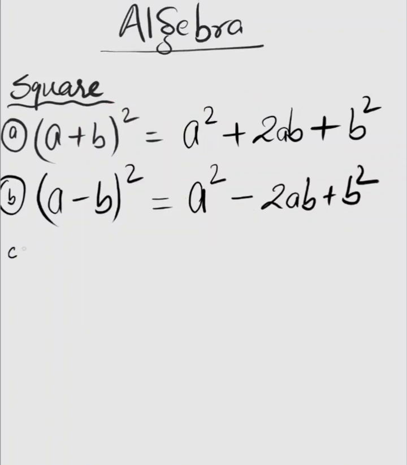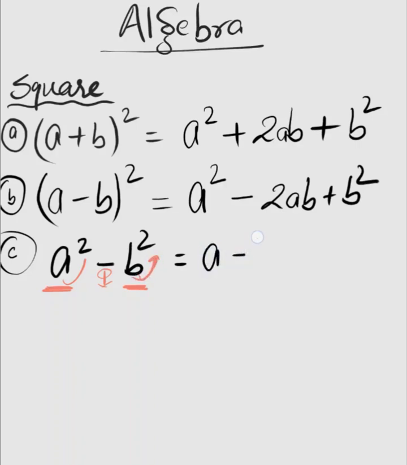So the third one, C. The third formula is a square minus b square. In between a and b there is minus, and a is power 2 and b is also power 2. In this case, this is a square, this is b square. a square minus b square is